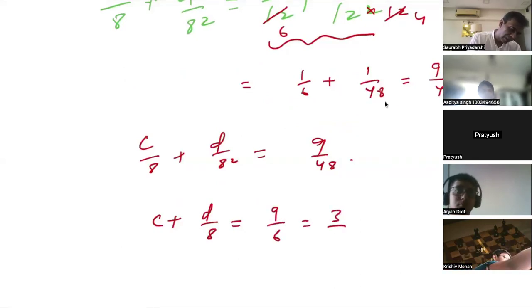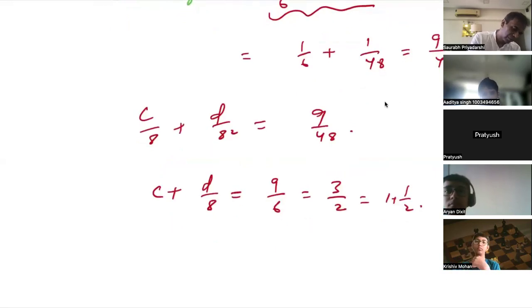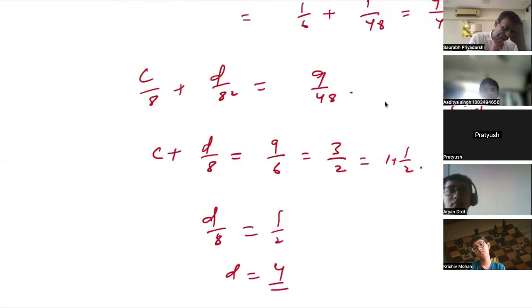3 by 2 is right. 3 by 2 is 1 plus 1 by 2, right? So C is equal to 1. Now D by 8 is equal to 1 by 2, so D is equal to 4, right? So from this you are getting C and D as C is equal to 1 and D is equal to